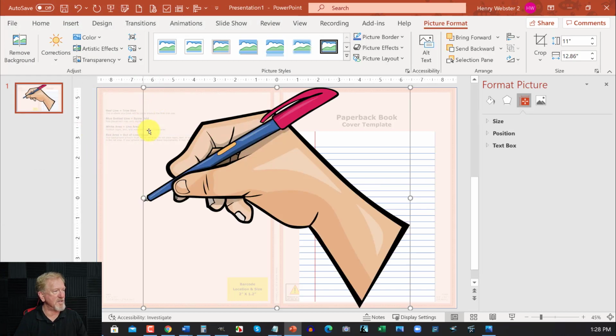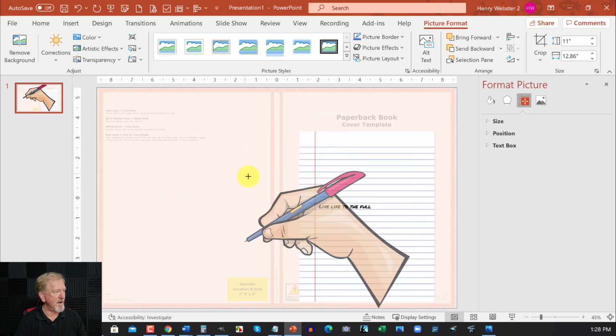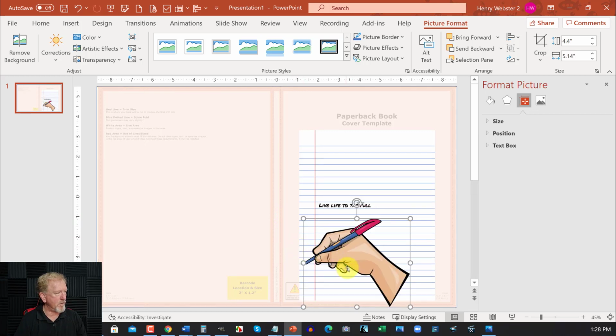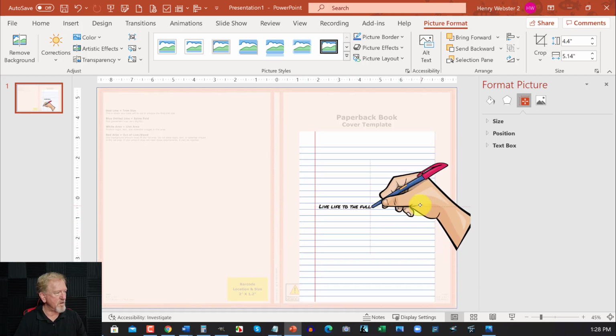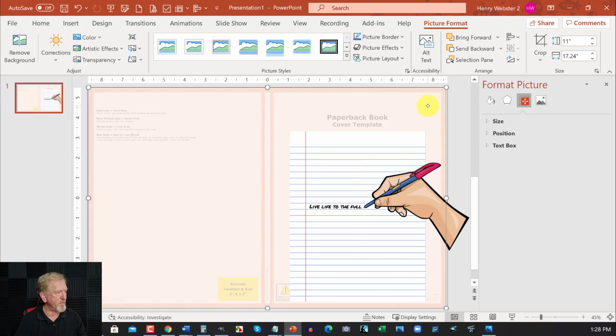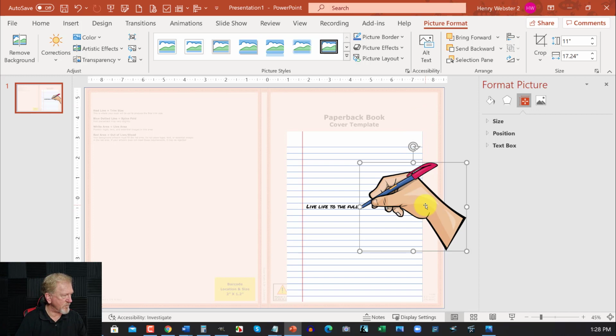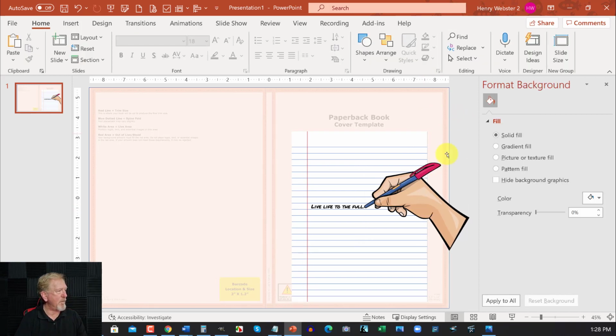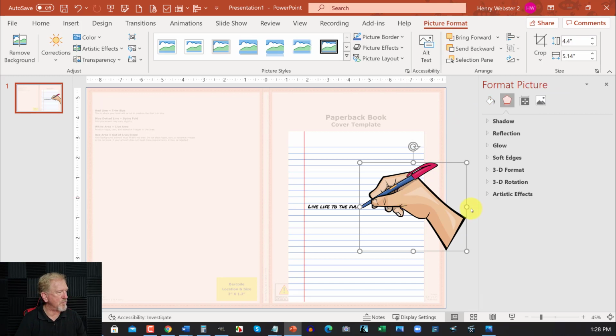Now as you can see, it's a beautiful vector image. I'm just going to get hold of this and shrink that down, and this way you don't lose the perspective. I'm going to get hold of this one, take it up here. I'm going to take this to the end of the page. Click up here. Oops, move that across just a little bit more, that'll do. Click off the page. Now, what I'm going to do is crop this